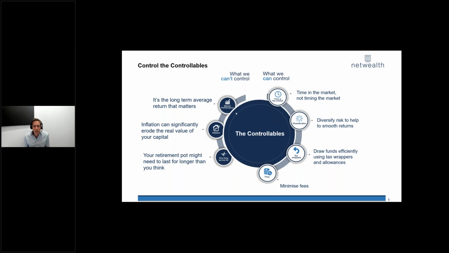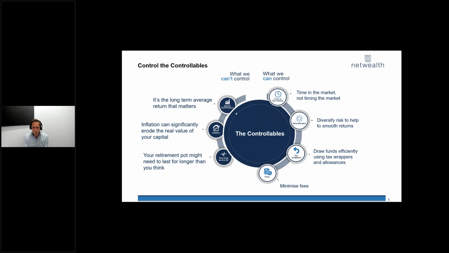To counter the risk of markets, we can be more diversified. This helps us smooth the path of return by having a whole range of different underlying investments, different markets, different currencies and regions that will help us make sure that the path is not as bumpy as it might be if we had one stock or one individual investment. And that will help us be more likely to achieve our goals, particularly if you're thinking about drawing down, where volatility, the ups and downs that you might experience, have a big impact on your ability to keep that income